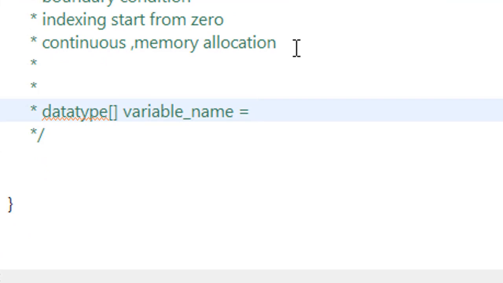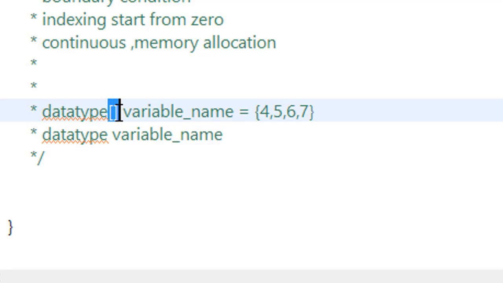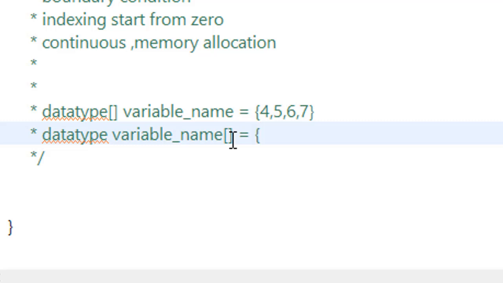Variable name is equal to, you can put your values here. That is one type. Second type: you can do data type, variable name, and instead of putting this here, you can do it here: 4, 5, 6, 7.